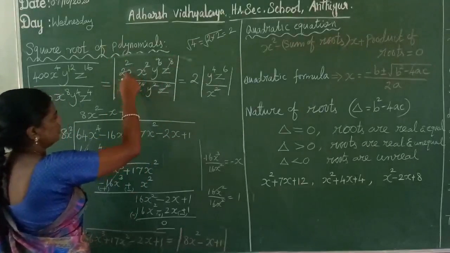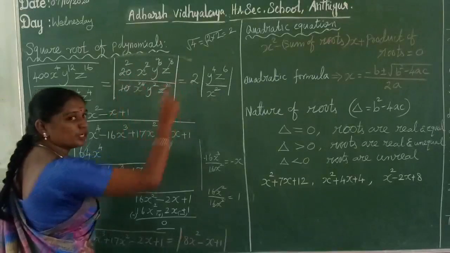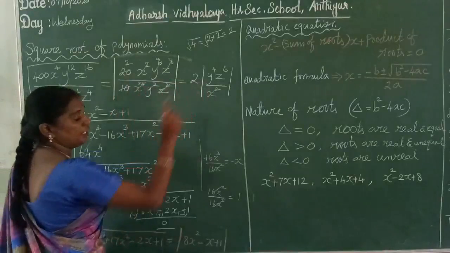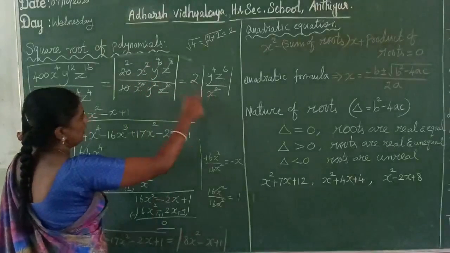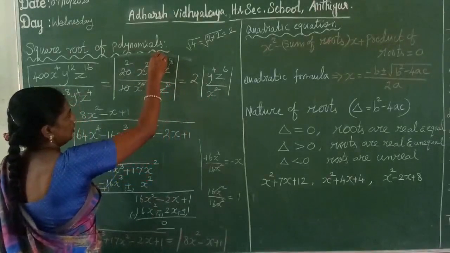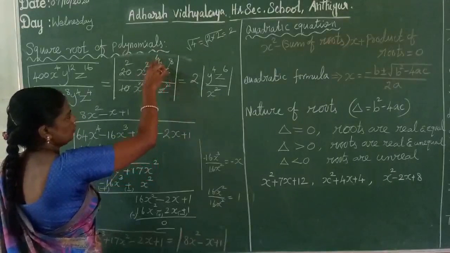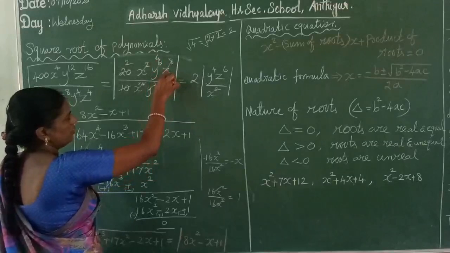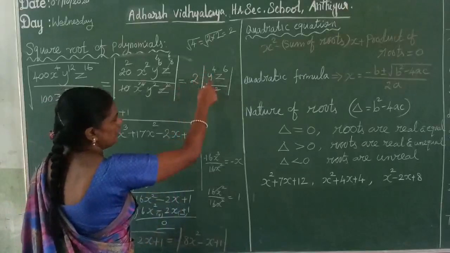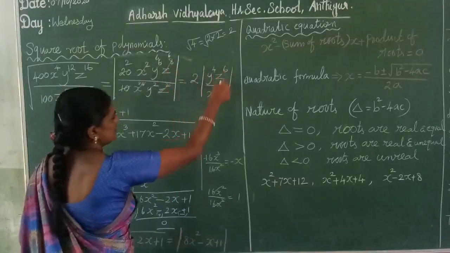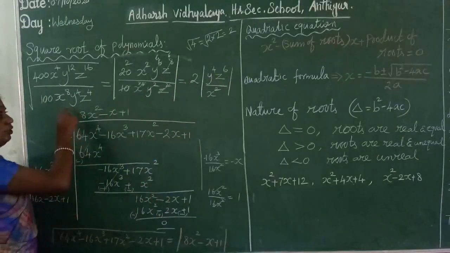So again simplify. 20 by 10 is 2 times. So the numerical value we take modulus; the answer is positive. And the variable also we write in modulus. So x square, here x power 4 cancels, denominator is x square. And y power 6, how many times y square? 4 times. So y square and y power 6 cancel, y power 4. Z square and z power 8 cancel, z power 6. So at last we get 2 modulus of y power 4 z power 6 by x square. Is it clear? This is a 2 mark question.